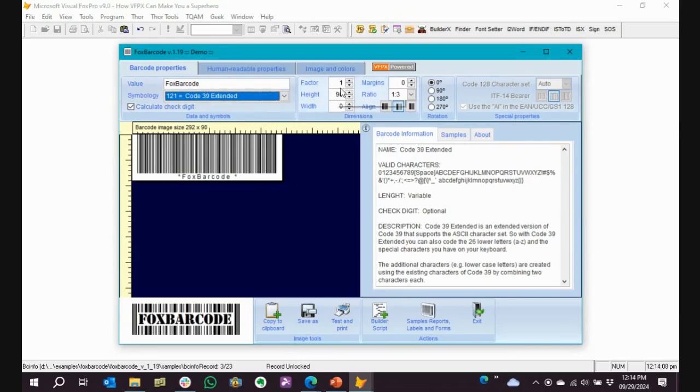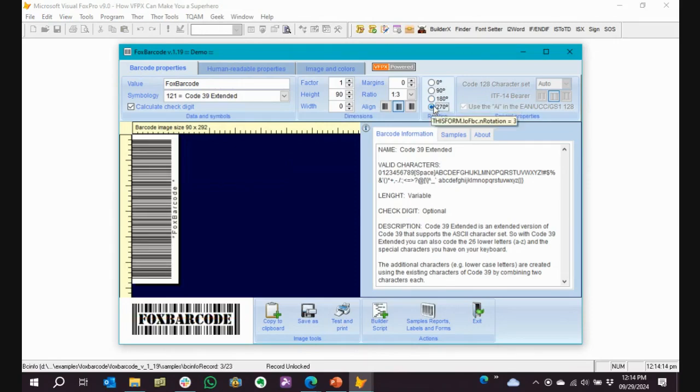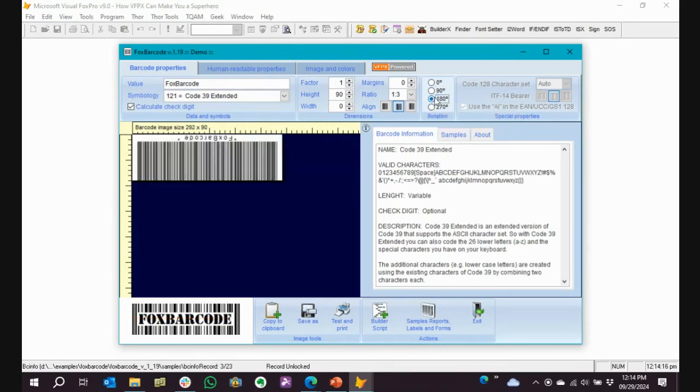The settings for each one, all the properties, you can rotate it 90 degrees, 270 degrees, 180. All of these settings that you see on this dialog are properties. So you basically create an object on Fox Barcode, set some properties, tell it to generate, and boom, the image is generated. What can you do with those?